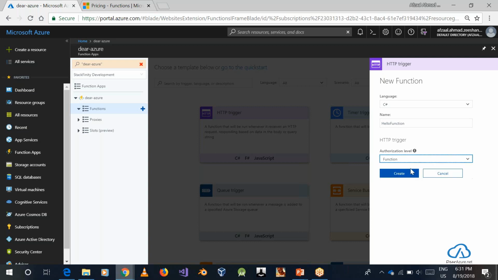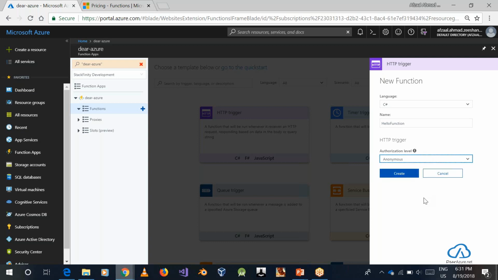If you just put it to anonymous, anybody can access the function. If you want your function to be accessed by a specific function-based key, then you can select this. Otherwise, it's admin, which means that the whole function app's key will be used for this.